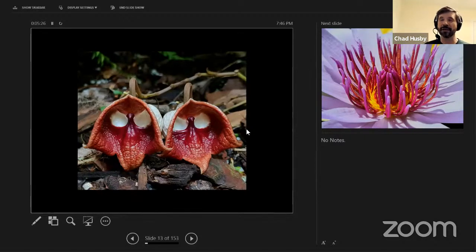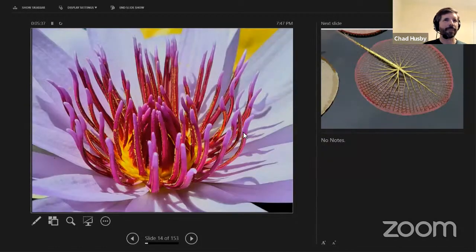It's an Aristolochia. They call it the Darth Vader flower, Aristolochia salvadorensis. And it looks a lot like a mask with two eyes and whatnot. But then many flowers are radially symmetrical, another key type of symmetry, which is where instead of just two sides,